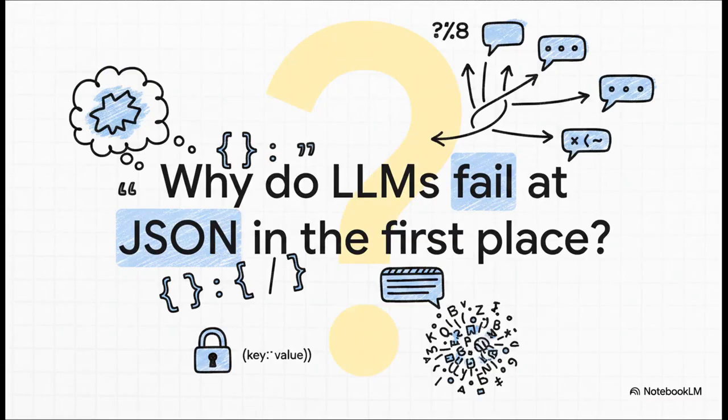So what's the real problem here? What's fundamentally going on? Well, a language model doesn't think in data structures. Not at all. It just predicts the most probable next word or token over and over again. And yeah, it's seen a ton of JSON, but its core training is to be a helpful assistant, which means it can easily drift back into natural language. You can't just slap "return only JSON" in your prompt and cross your fingers. That's not going to cut it in production. This needs a real engineering solution.